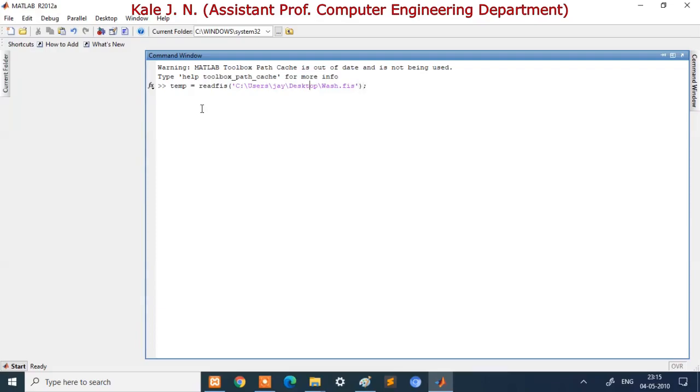Before pressing enter, please try to understand what temp is here. Temp is simply a variable name. You can use any variable name here. Now press enter.